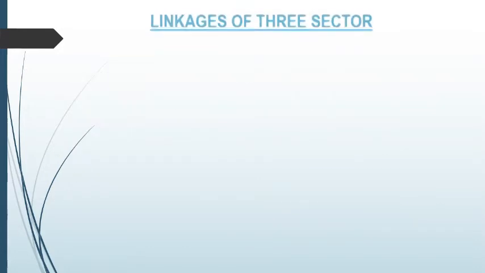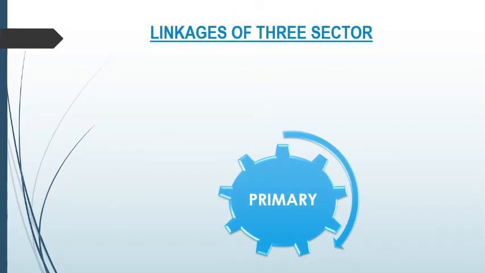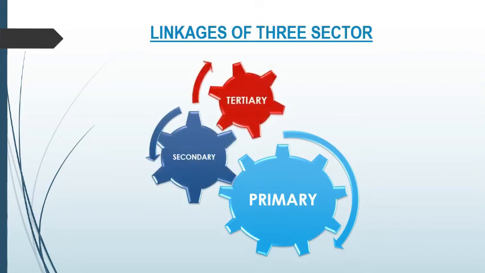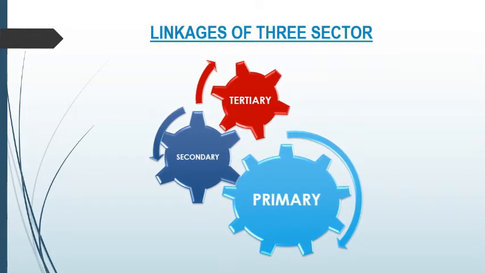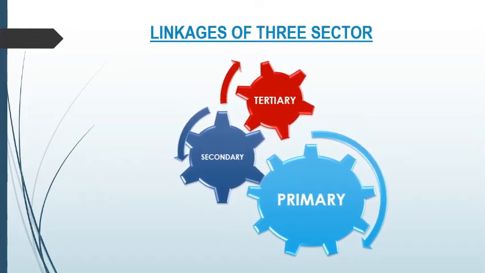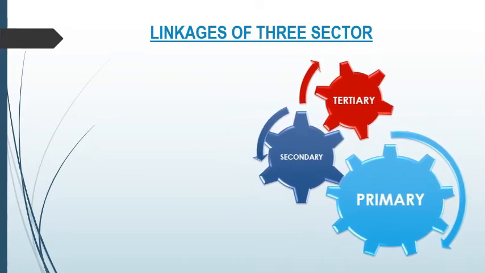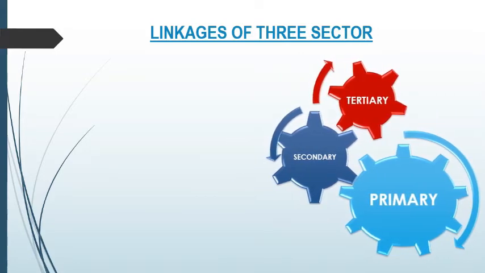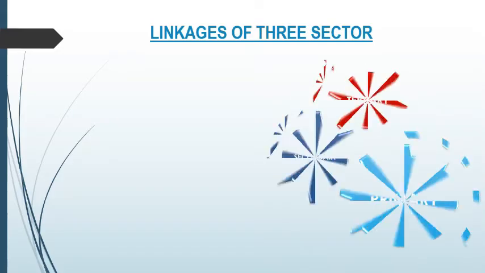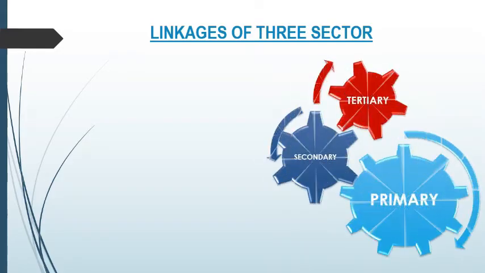It's time to understand the relationship between primary, secondary and tertiary sector. Primary sector provides raw material to secondary sector. Secondary sector in return gives all agricultural tools and required fertilizers to primary sector. As we know, after production of goods at primary and secondary level, it has to be transported, it has to be stored in godowns, it has to be sold in wholesale or at retail shop.